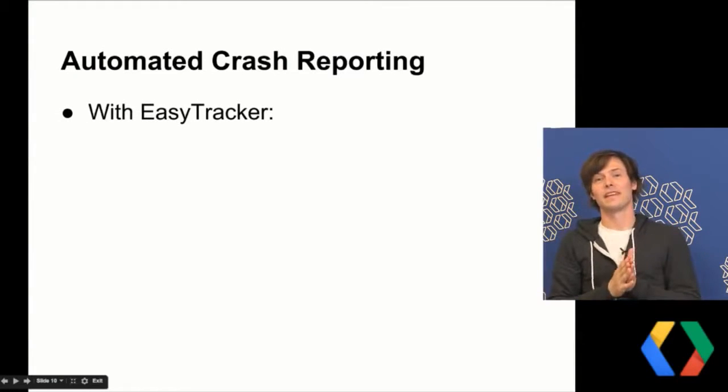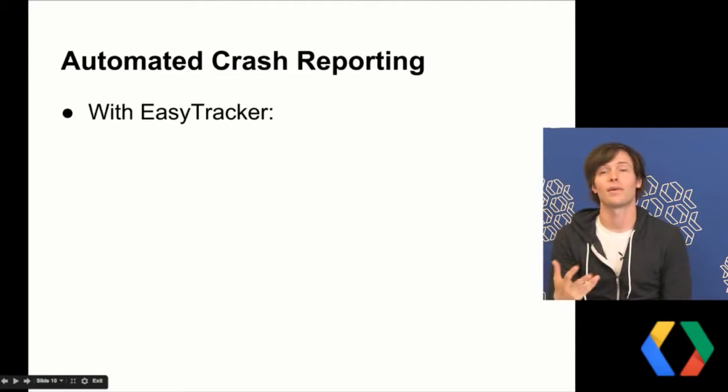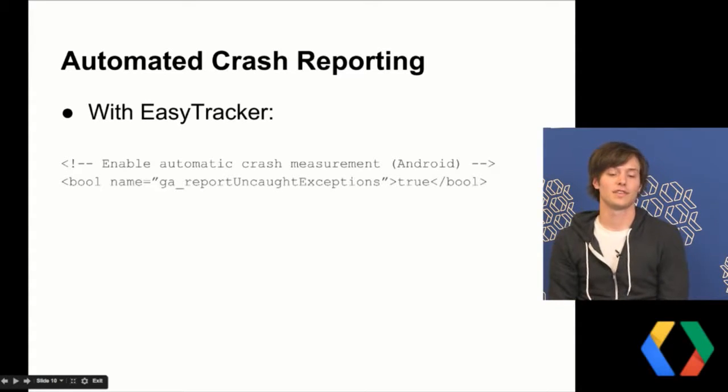So basically, and I'm maybe exaggerating a little bit, it's dead simple to get this implemented. Whether you're using EasyTracker for Android, an advanced implementation on Android, or iOS. Let me show you how easy this is. With EasyTracker, all you need to do is add just this one line to your XML file. That's usually analytics.xml, but it could be anywhere. That just basically says, turn on report uncaught exceptions. And that's all you need to do. It's just one line. It goes with the other configuration settings that you have in your analytics XML file or wherever you store them. And that's pretty much it.